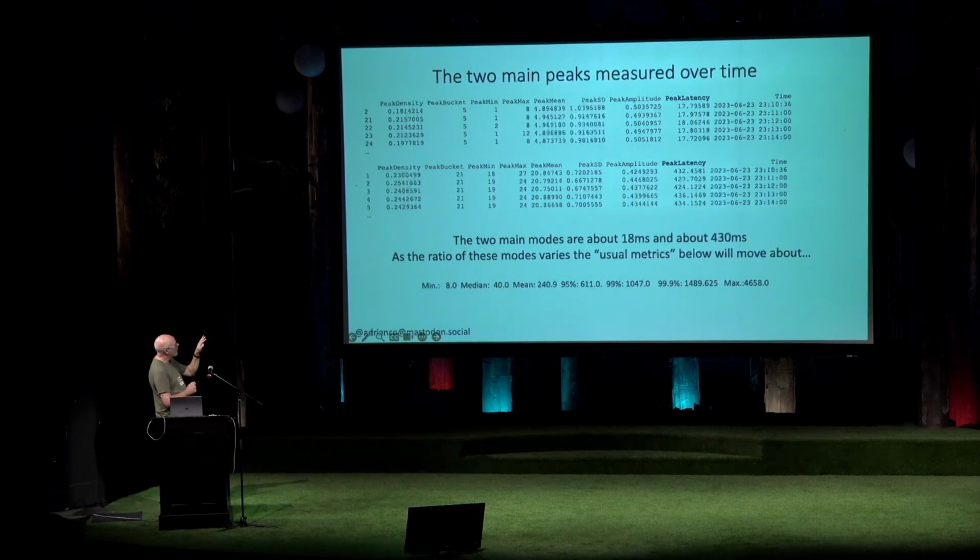So one of them, minute by minute, this is just the first 5 minutes of a 15-minute thing, is about 18 milliseconds, that peak on the left. And the peak on the right is about 430 milliseconds. Right? Just for the same business request hitting the system. Sometimes you get an 18 millisecond response, sometimes you get 430. I actually have no idea why. Maybe it's caching the results, and some of the times you get the fast response, or I don't know. But it's very distinctively 2 different response times.